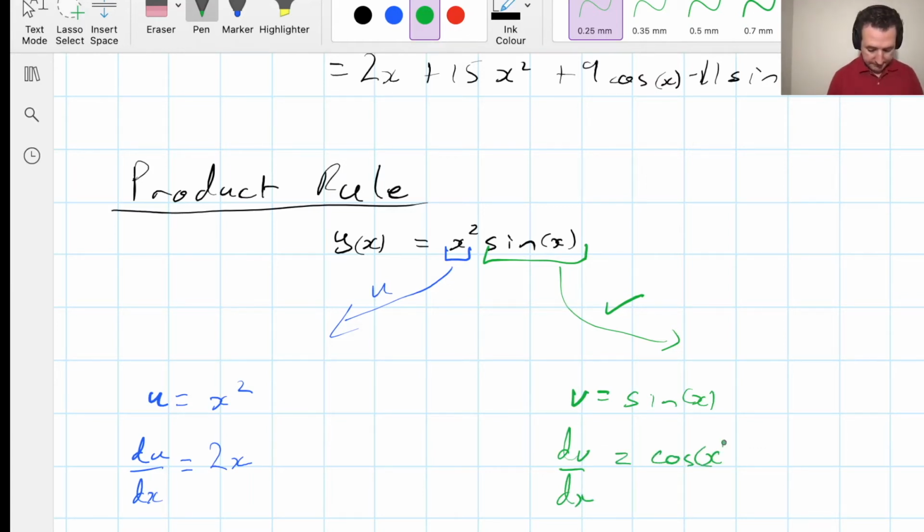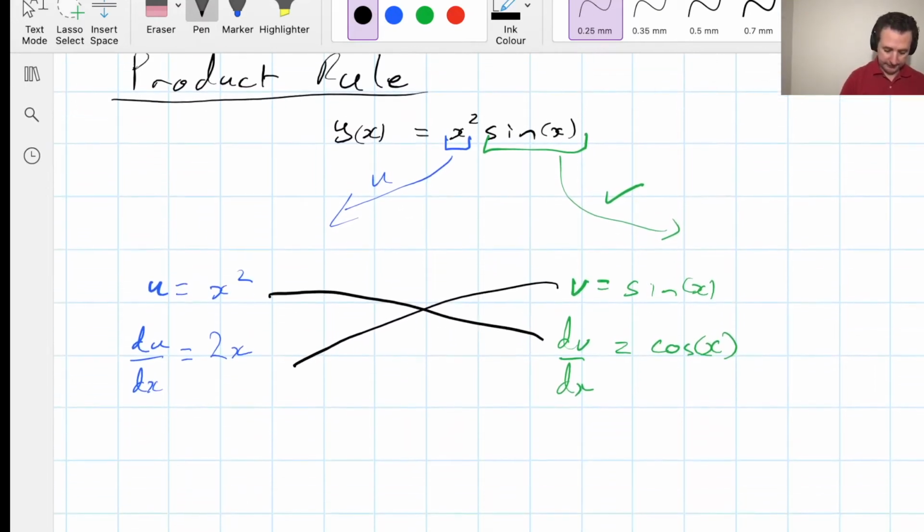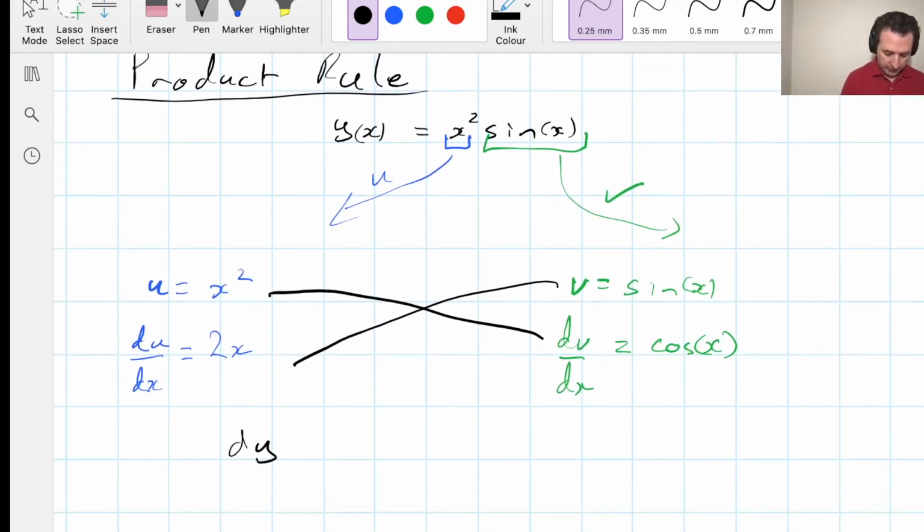Now, it's a product rule. And why it comes about is you don't want to differentiate all in one go. You want to take bit by bit and separate them. And to bring them together, you multiply the u by the dv/dx and the v by the du/dx and add them together. So dy/dx is equal to x squared cos x plus 2x